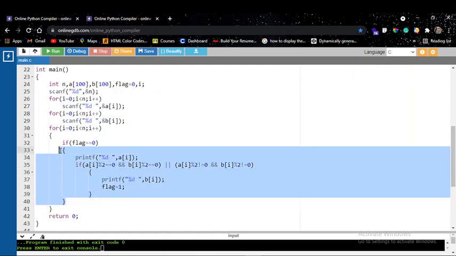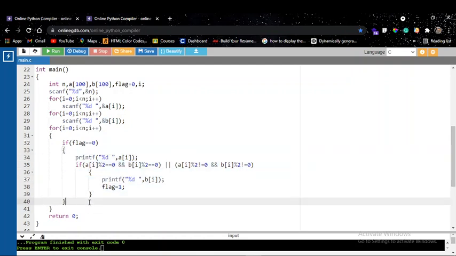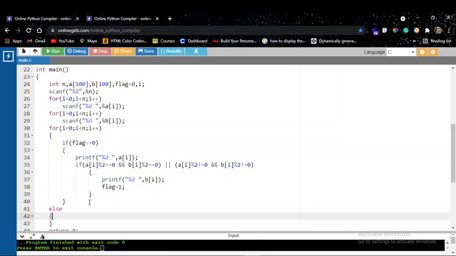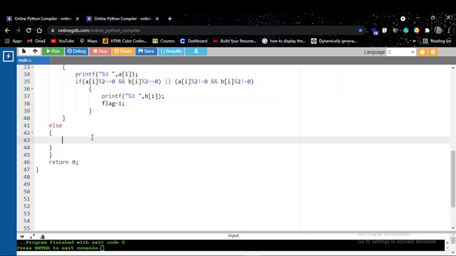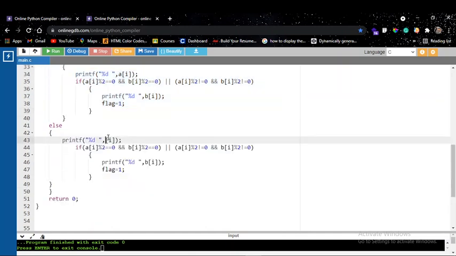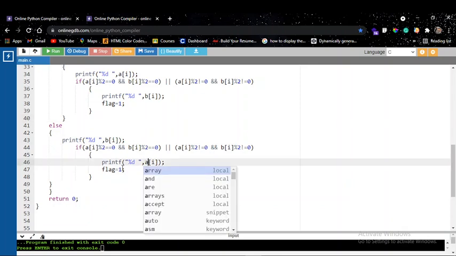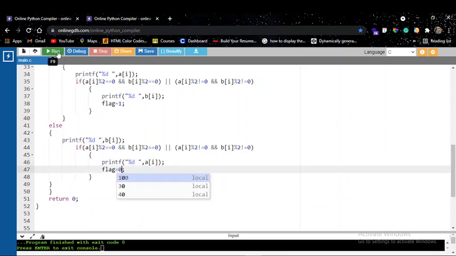Okay, so else, I'm gonna copy the same. I'm gonna just change the variables. I'm gonna print first the b value and then the a value, flag will be 0. Yep,